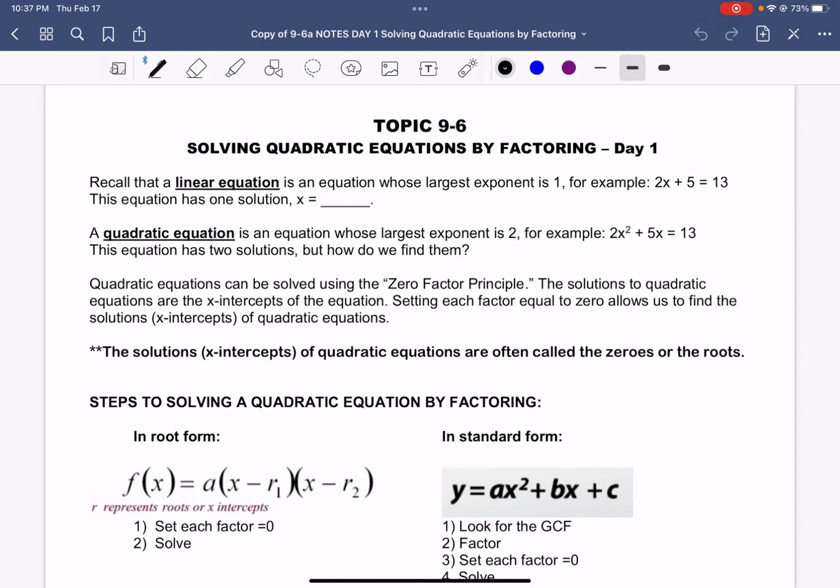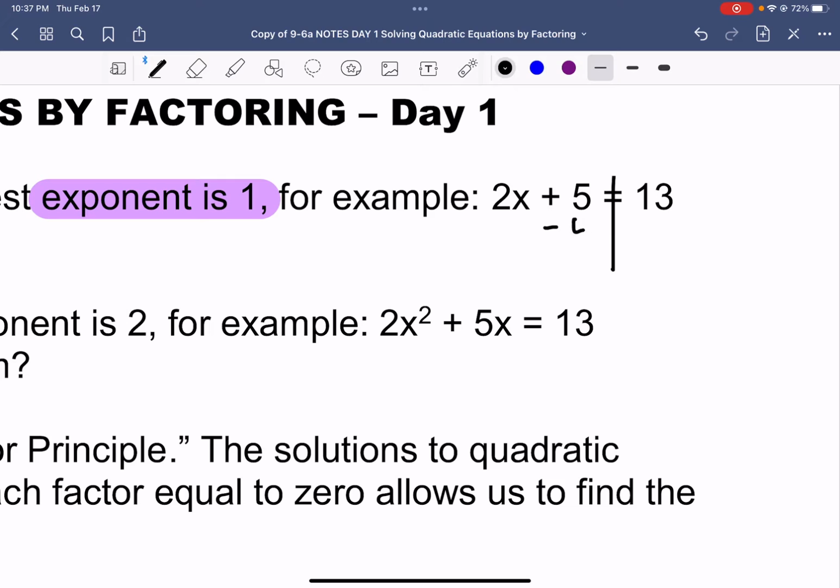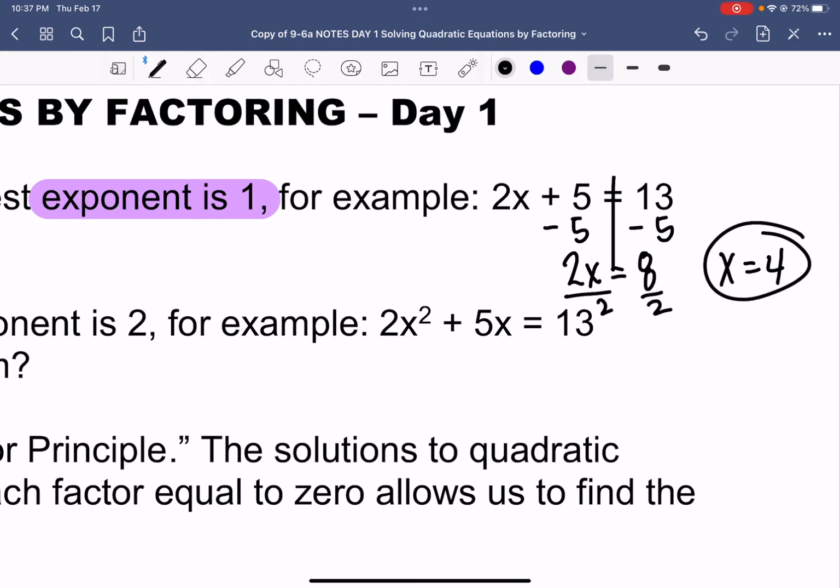So recall that a linear equation is an equation whose largest exponent is 1. For example, 2x plus 5 equals 13. The equation has one solution. When we solve it, we're going to subtract 5. We have 2x equals 8, because 13 minus 5 is 8. Then divide by 2, x equals 4. It has one solution,